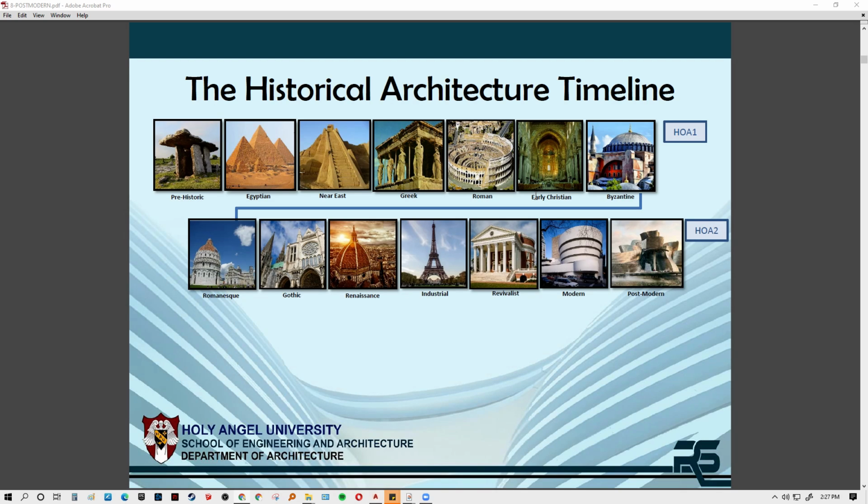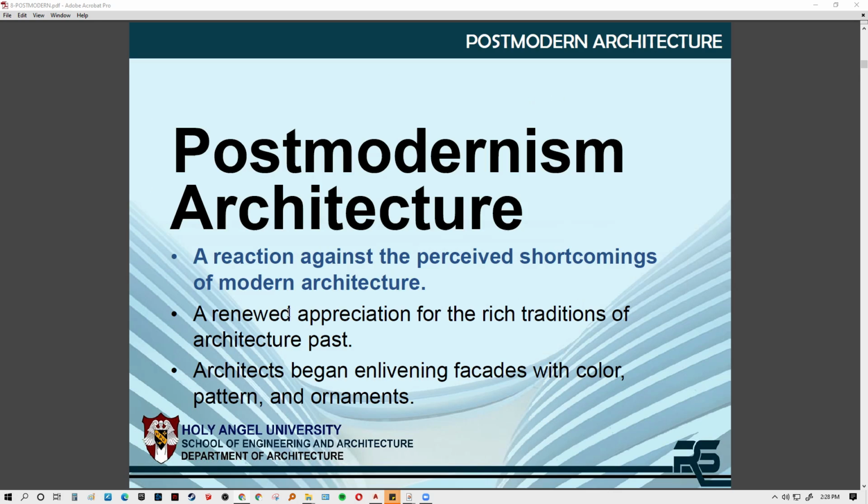And basically, the evolution of all these styles, or going back to all of these styles and using them as a learning tool, or a setback to look at and ask questions on how do we evolve, how do we improve our designs, how do we innovate, or should we use this again, should we be incorporating these philosophies or theories in our designs. So this is the time where we question those things.